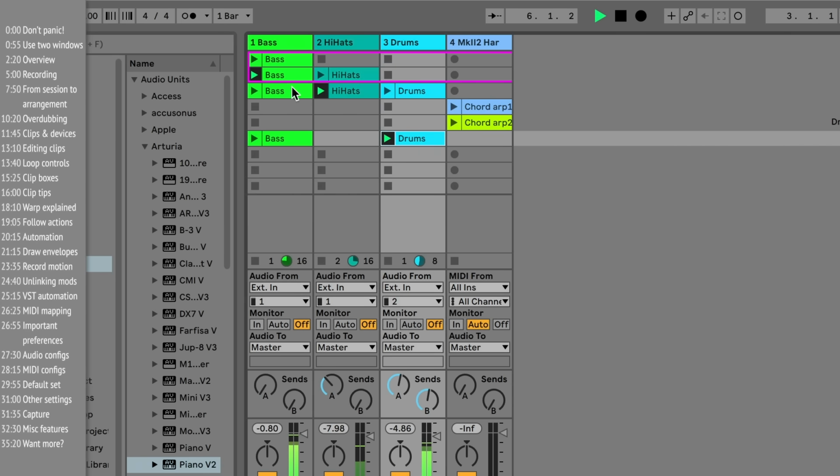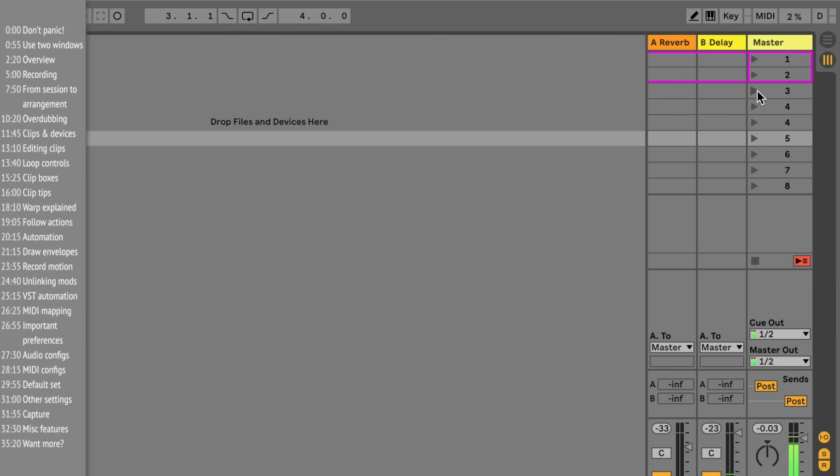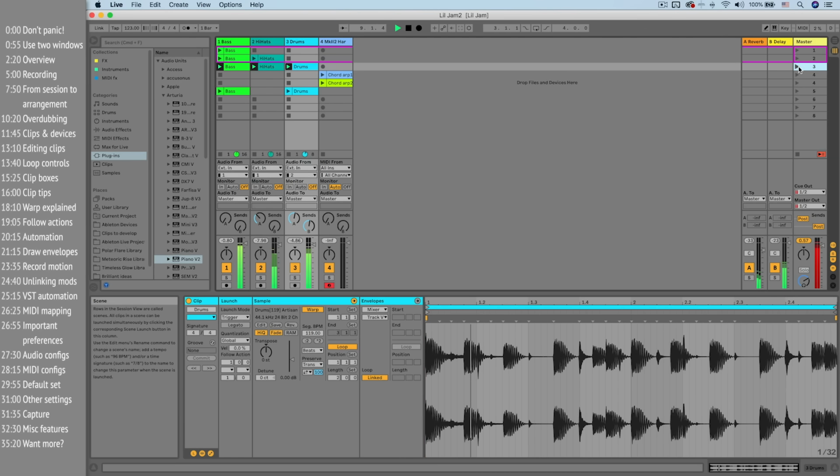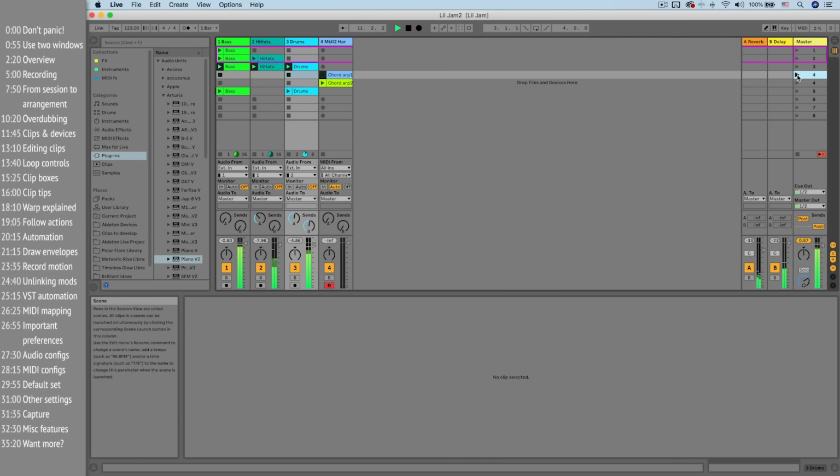Or if I want, I can trigger entire parts of a song or scenes by pressing the scene button over here. I can move from section to section. Let's say this is a bridge. Right. Then move on to the next section,